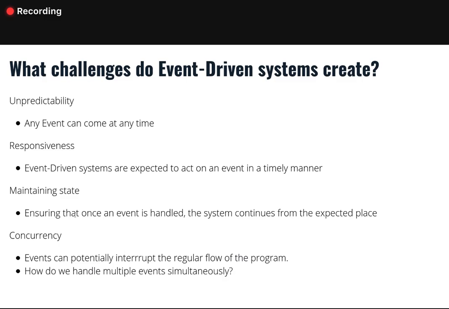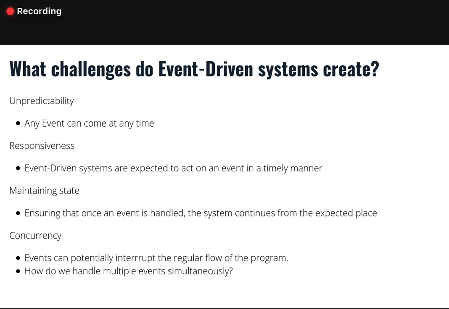Maintaining state, and this is especially applicable in the state-based view that we're going to be looking at over the first half of the semester. Our system will be in a particular state and then an event occurs of some sort. How do we make sure that we remain consistent? Whether that means moving the system to a different state as a result of the event, or the event occurs, we take some action, then we return to the previous state. How do we maintain that properly? How do we ensure that the system continues to run in an expected manner?